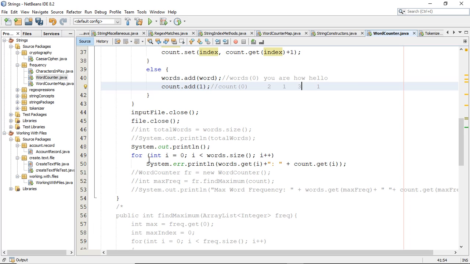And we can do that by going through the array list. We can go through any of these array lists, since they should have the same size, since both of these array lists are storing the words, and the count array list is storing the frequency of those words at the exact same index position. So the size of these two array lists should be the same, and